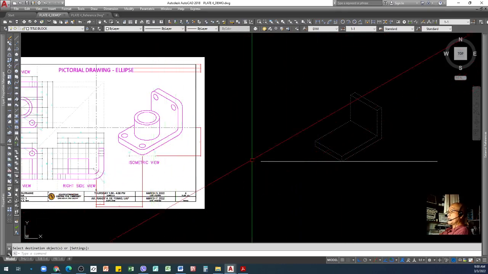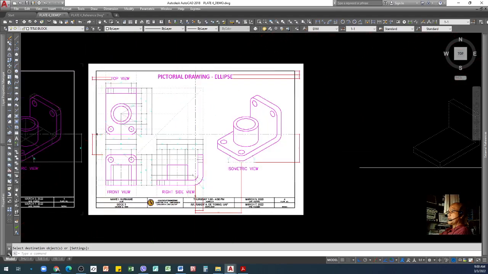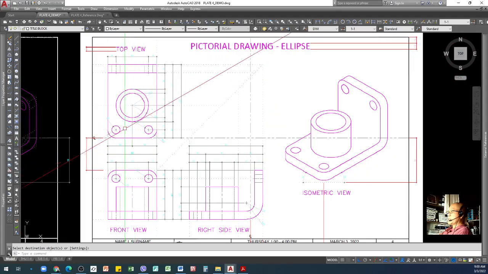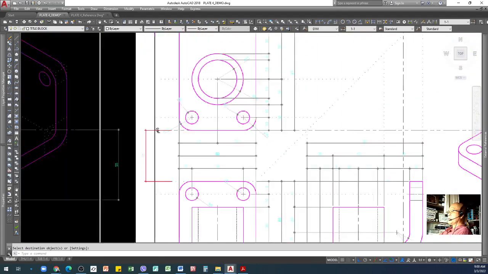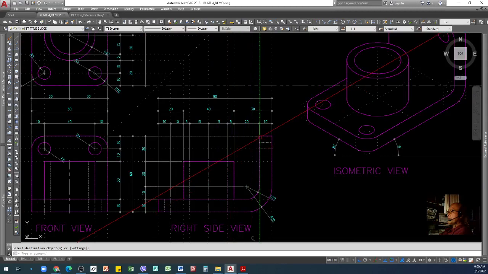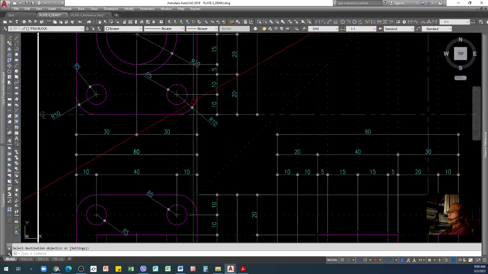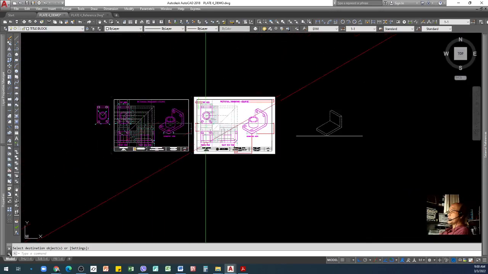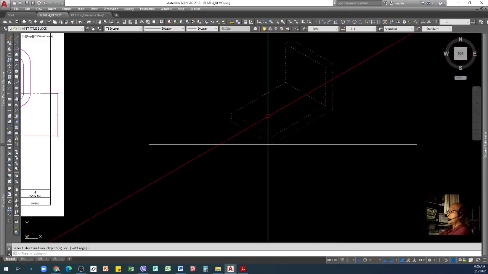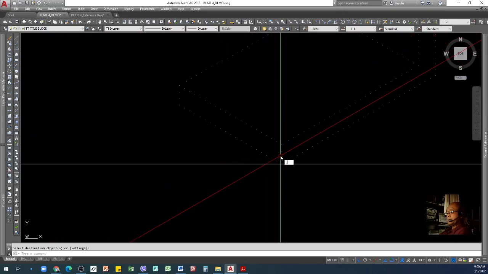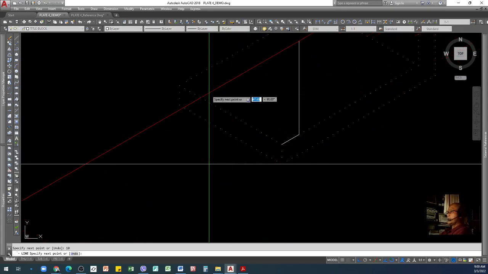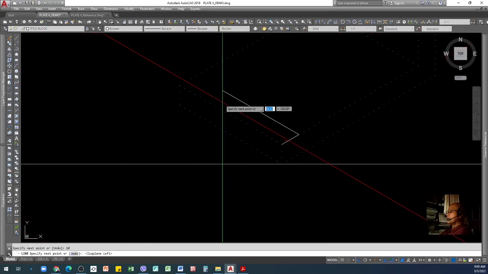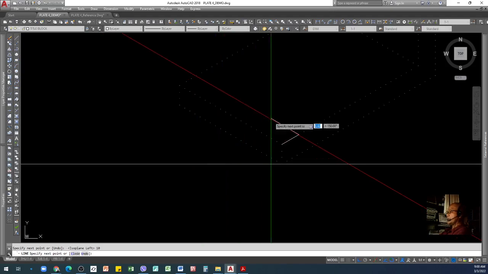So you need to locate now the centers of each circles to form an ellipse. So here, 10, 10 distance from the corner. So meaning we need to move here 10, 10, and then Control E, 10.